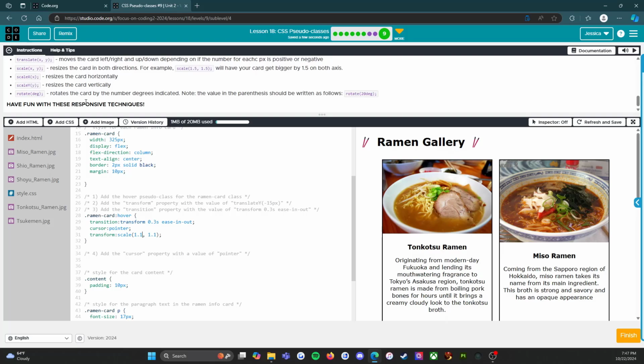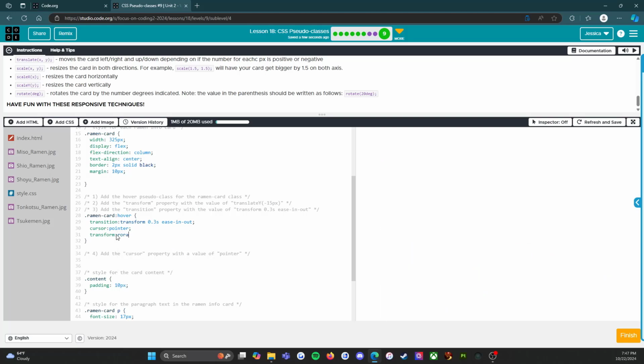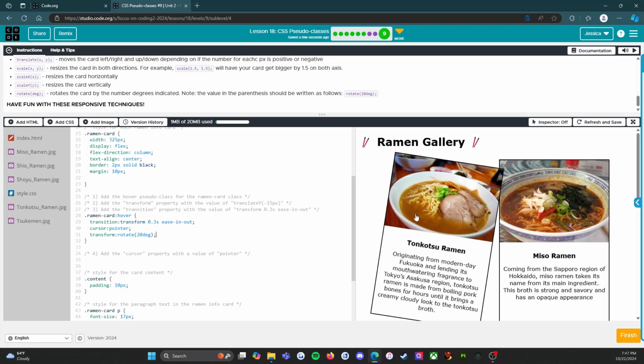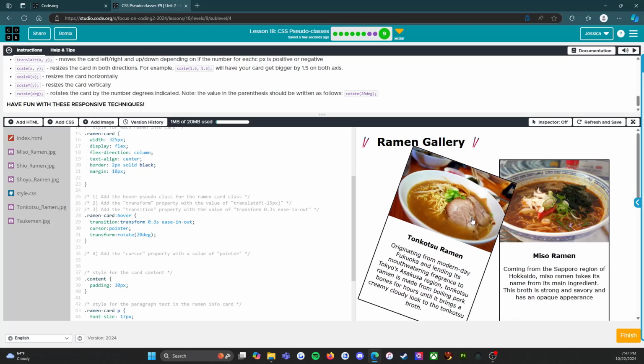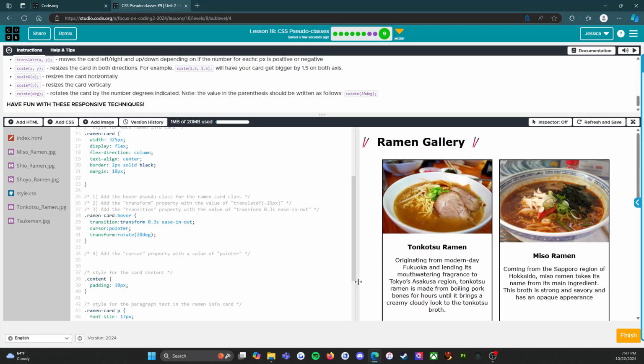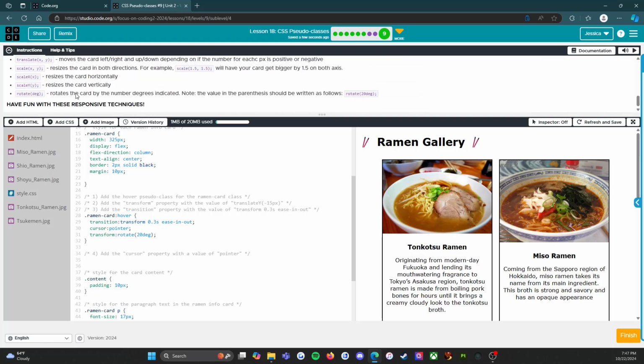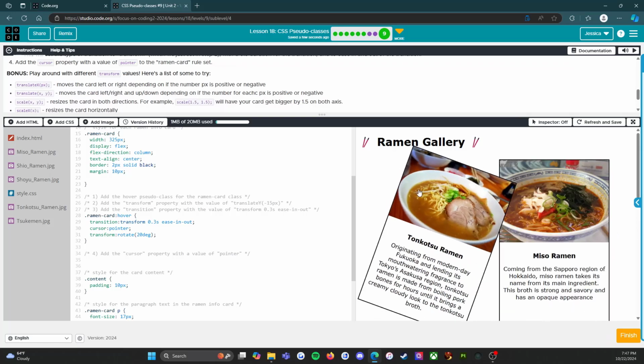Resizes the card horizontally. Okay, rotate. Oh, okay. So let's try rotate. Uh, 20 degrees. All right. Oh, how fun. Okay. All right, so yeah, we've done everything on here. Definitely, I'm going to have to play around with these, but I have a feeling that's what we'll be doing